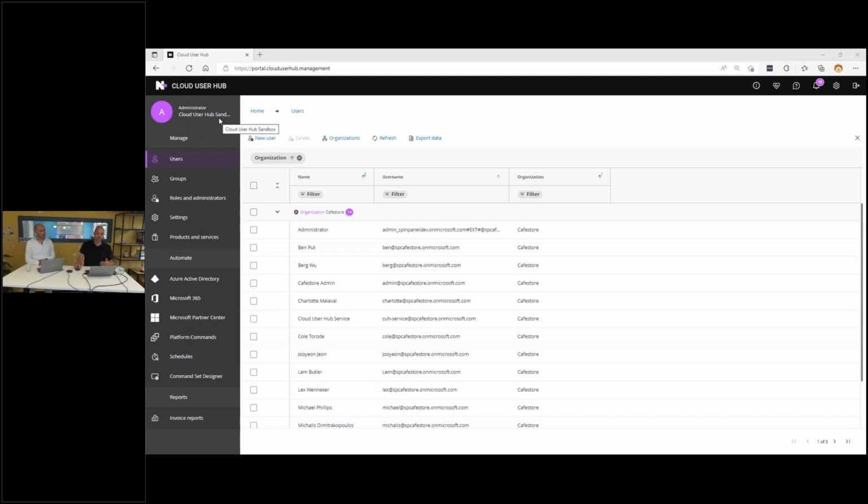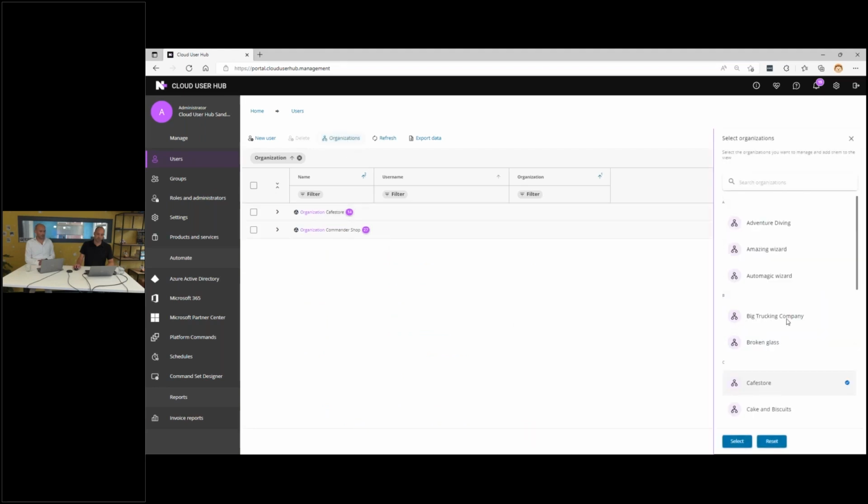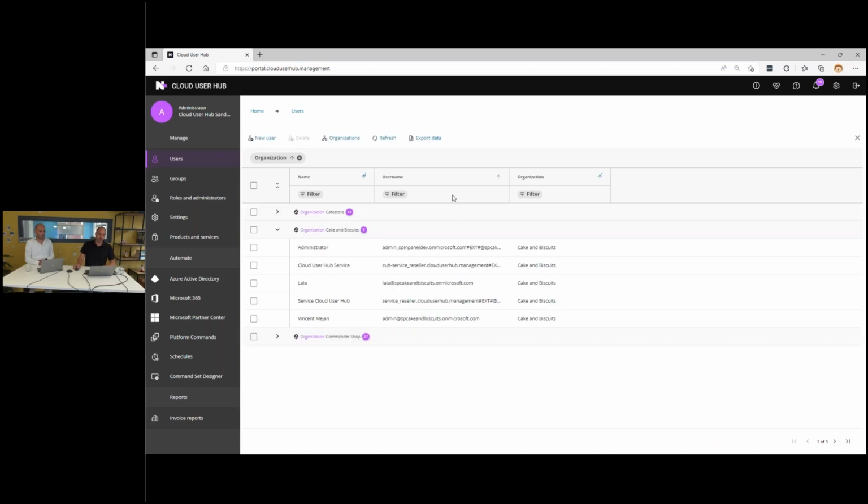So what Cloud User Hub effectively can do is aggregate data from multiple customers into a single view. So you see that I'm now looking at the customer Cafe Store, but I also have Commander Shop in this view. And I can just add multiple customers into this view if I need to. So if I want to bring in Cake and Biscuits, I can just do that. And then Cake and Biscuits will also be added into the customer view.